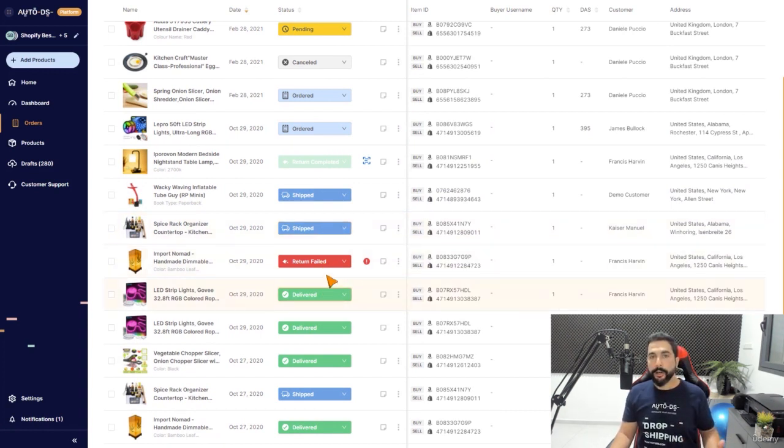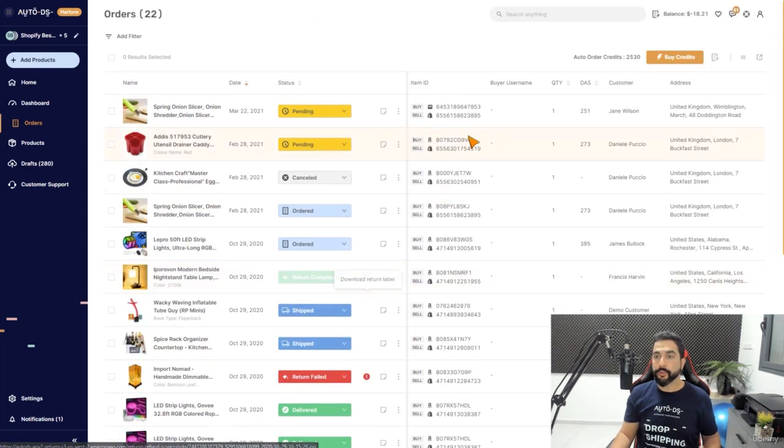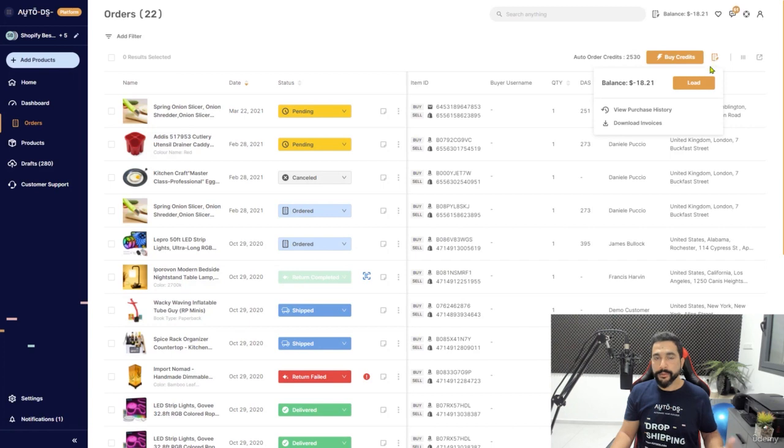Once it gets delivered to your buyer, the status will automatically switch from shipped to delivered. And you can always start a return on any one of your orders by simply clicking on request return. And if your product is in its return window from your supplier, if your supplier allows it, then AutoDS will automatically attach a return label, as you can see right here, download return label, send that return label to your buyer, and as soon as it ships back to its returning warehouse using the provided return label, then you'll get an automatic refund to your balance,